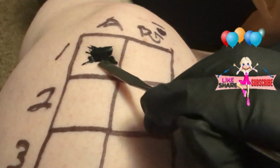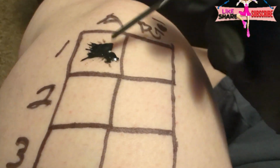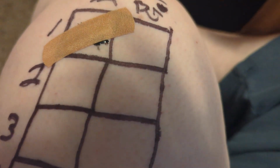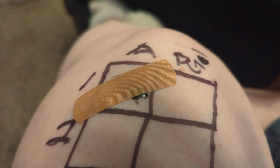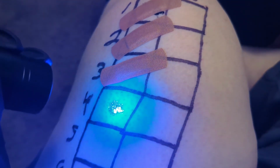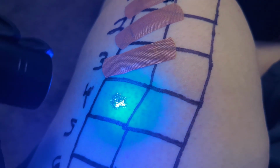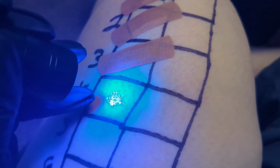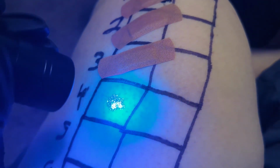I guess it really doesn't want to be peeled at. So I guess we'll cover it with a band-aid then. I mean, it's covered, there's a little bit hanging out, but I'll do a better job of keeping it isolated on the other ones. Alright, so I've got a few on there. We're just checking in real quick. These see-through colors have more of a heat spike than the darker colors, but we're getting through them slowly but